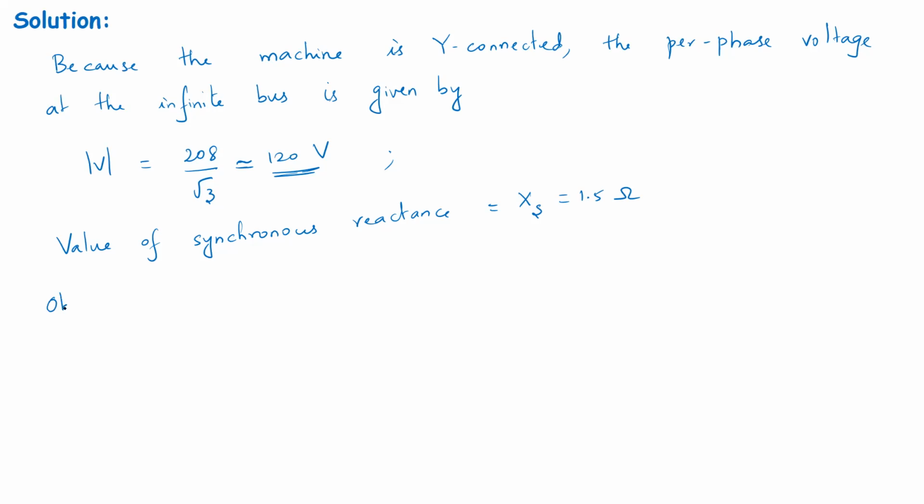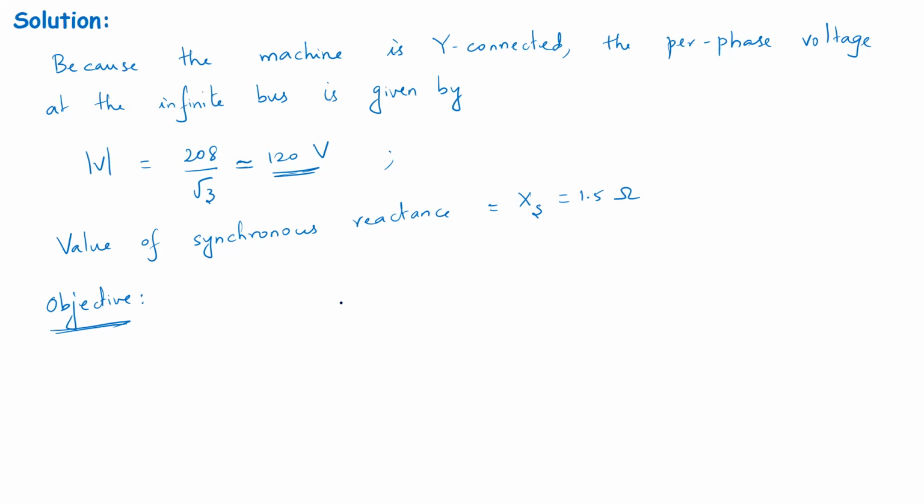Our goal, our objective, is to determine the change in field current when the synchronous machine's operating condition is changed. Okay? So the problem statement says that initially the synchronous machine is supplying 10 kilowatts of power to the infinite bus at lagging power factor of 0.8. Then there is a change in field current which results in change in excitation, and consequently the power supplied by the synchronous machine to the infinite bus is now 10 kilowatts.